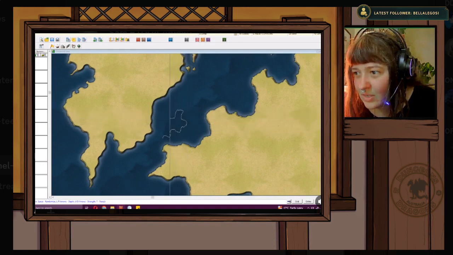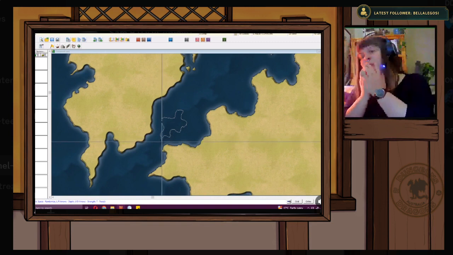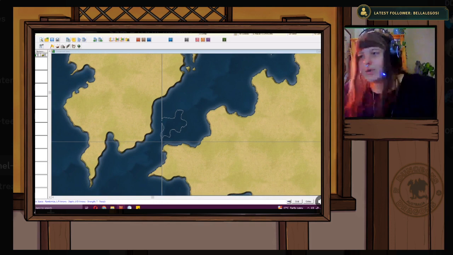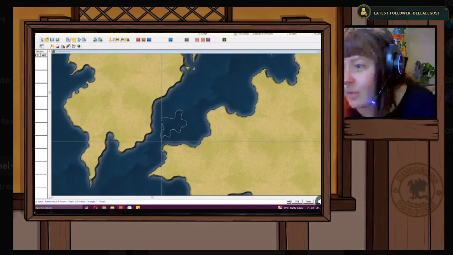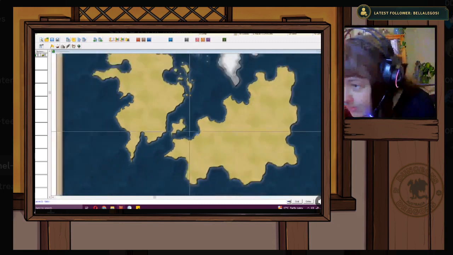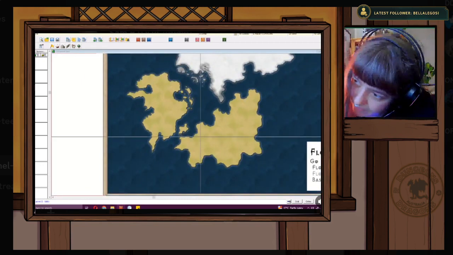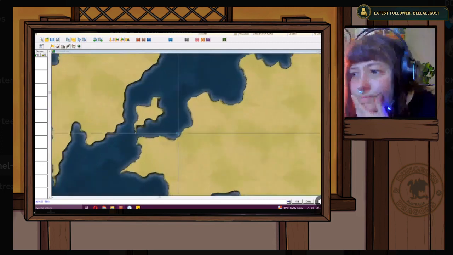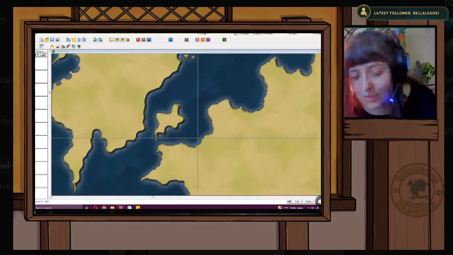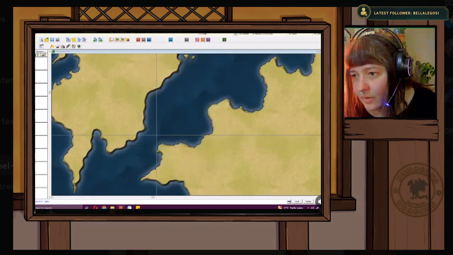But I definitely like the idea of having an island in this section here. Depending on how many islands we put in here, it makes it either a sea or an ocean, but we can get into the differences between seas and oceans another time. For now, let's try and get our island down pat. Still not enthusiastic about that shape. Okay, what if